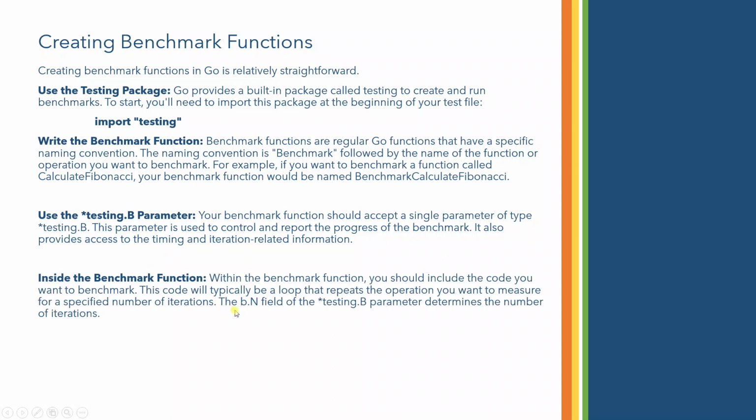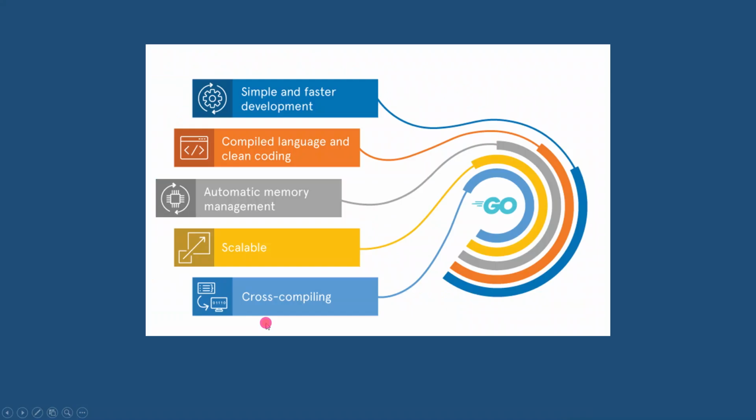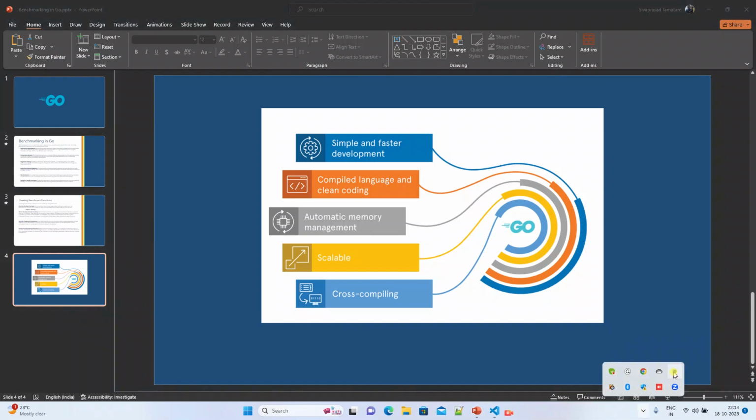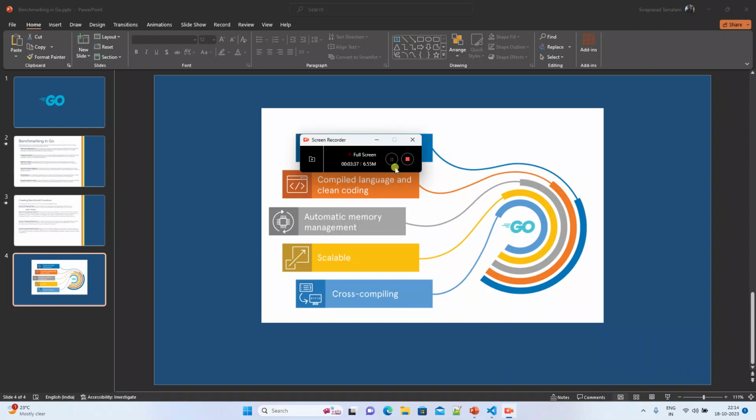Inside the benchmark function, there is b.N. That field determines the number of iterations we need to execute that particular function. So this is about the theoretical part. Let's go to the coding part. Okay, let me